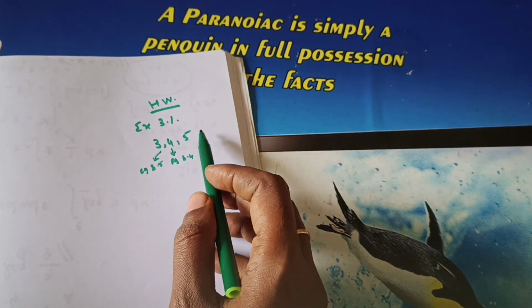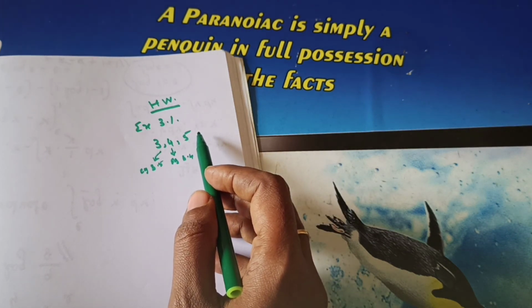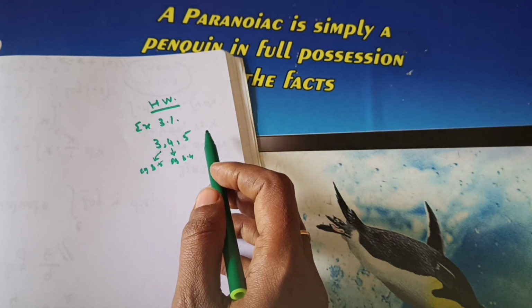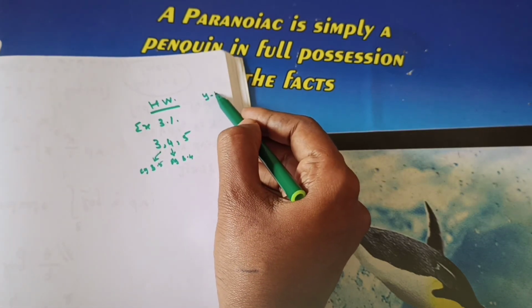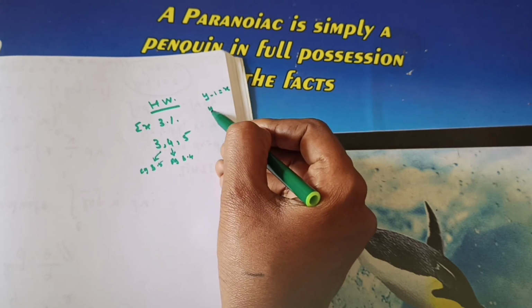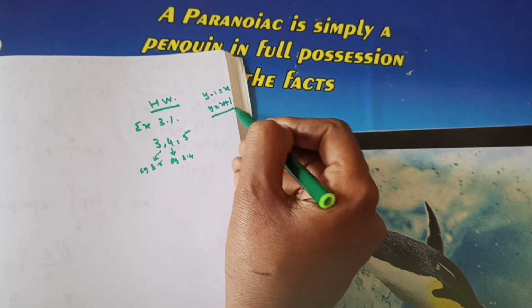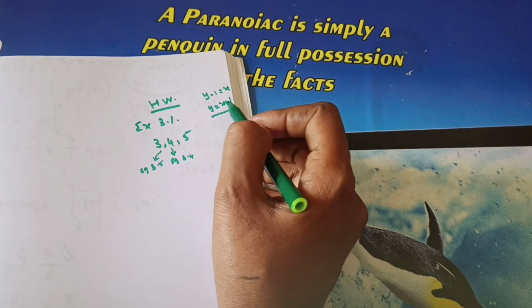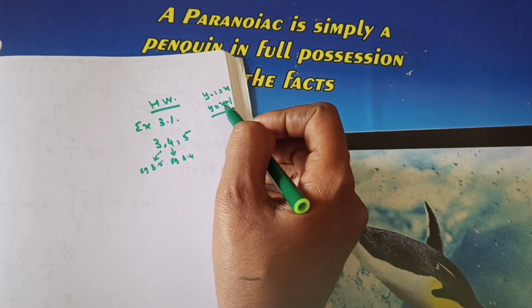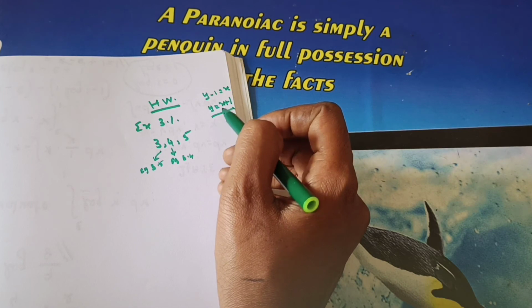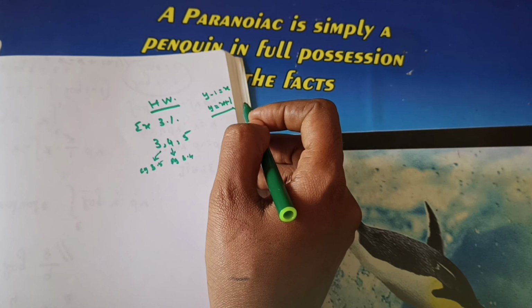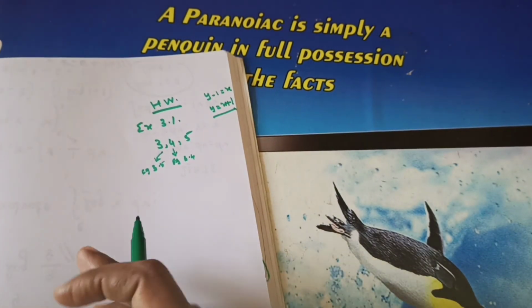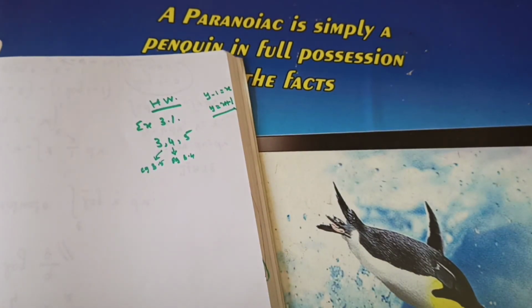Then the fifth problem: using integration, find the area of the region bounded by the line, the x-axis, and the coordinates x is equal to -2 and x equal to 3. In that problem, the equation is given as y minus 1 is equal to x. From that, you find out the y value first, x plus 1. Okay. Afterwards, same as our first 3.1 and all. Draw the graph. Afterwards, x plus 1, this one you know how to integrate and you do it. Okay. So these 3 problems are your homework.